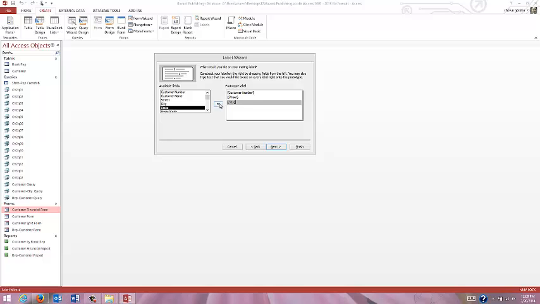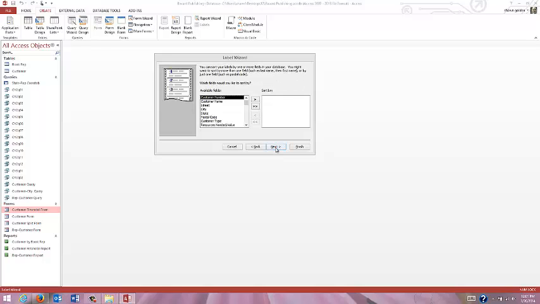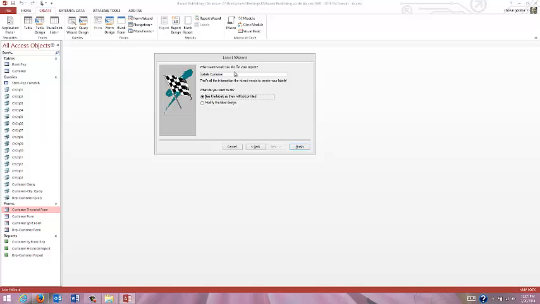Go to city, and then you actually put a comma after city and a space, the state, space, and then postal code. And that will pull the data from the table and set it up in that configuration. Let's go to Next, and you can sort it. I think they want to sort it by postal code. Sort it by whatever you want, and then go to Next, and then we'll call this Labels for Customer, and